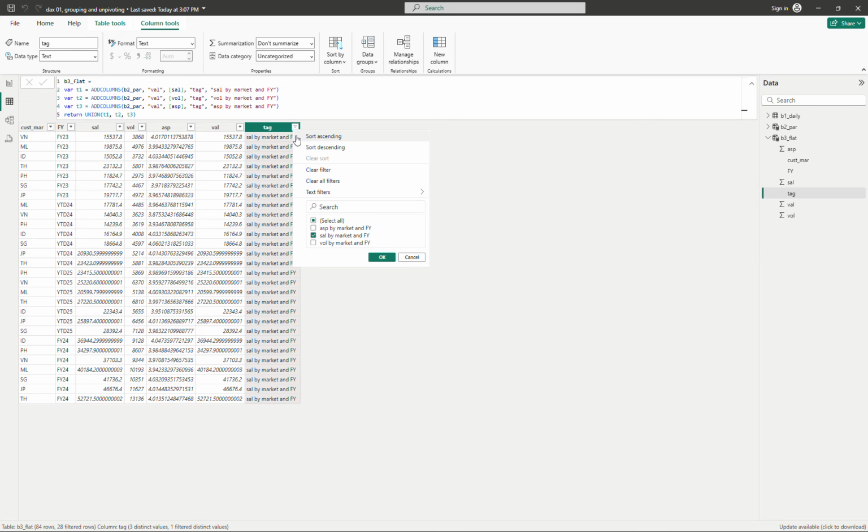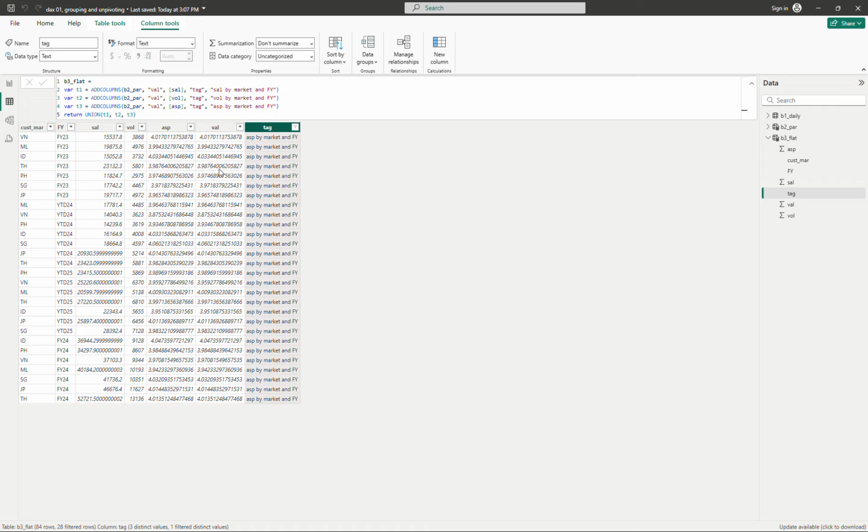But then when you select the ASP only, then you see this column tied to this column. And then the last one also the same thing. If I select the volume only, then you see the value here tied to the volume here. Okay, so this is the trick for unpivoting. You just duplicate the table three times, and each time you assign to a different column. So the sale column and then the vol column and then ASP column, and then you have to use the